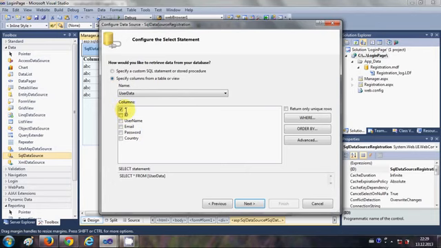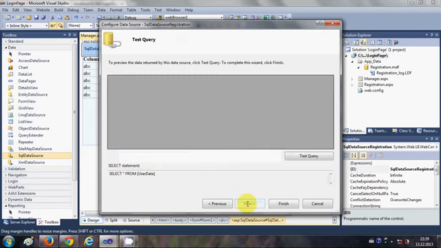I will leave it as default, which is star, and it implies that I want to see all the data, or you can individually select whatever data you want to see. I will just leave this default as star, and I will click next,